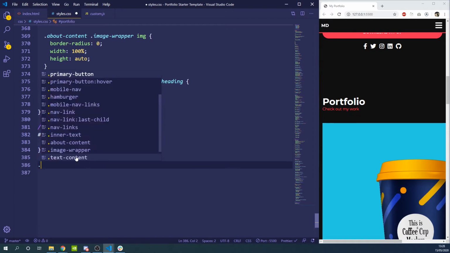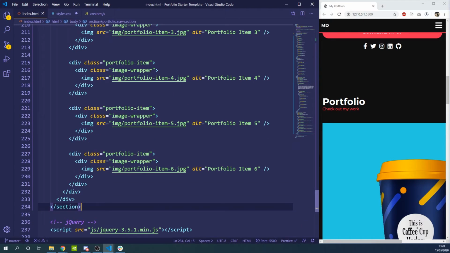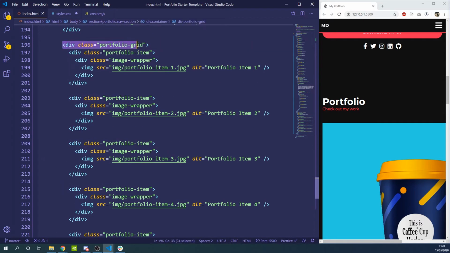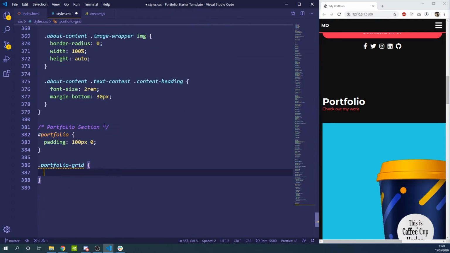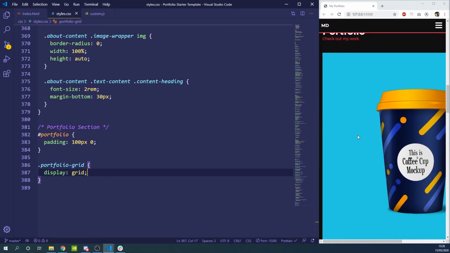And then we can move straight into the portfolio grid. The portfolio grid here is the parent element that contains all of the portfolio items. What we're going to use for portfolio grid is a display of grid. Grid is fairly new, a few years old now, but newish, so in some older tutorials you might not have seen display grid. It came out with Flex. So Flex and Grid are the newer CSS properties